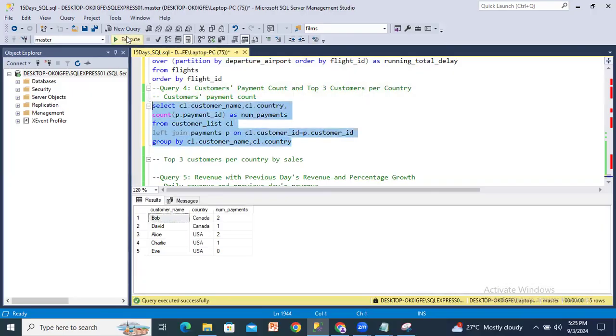Let's execute. Okay, I'm getting the count of customers' payment count. So number of payments. So Bob in Canada has 2 counts. David in Canada has 1 count. Okay, so this is the way we'll write. Now we had to write